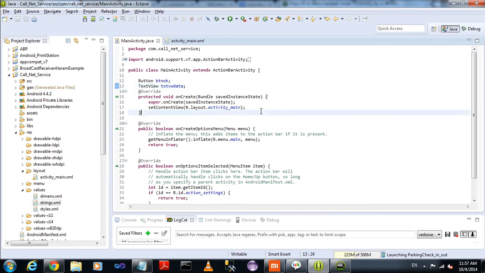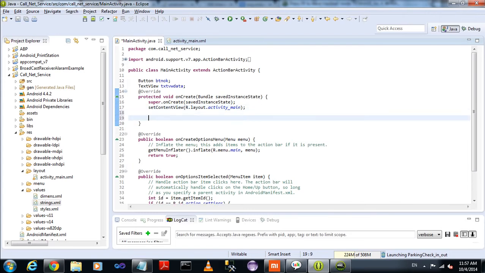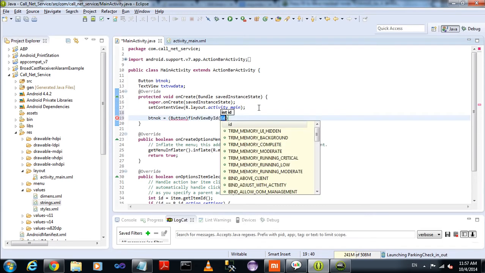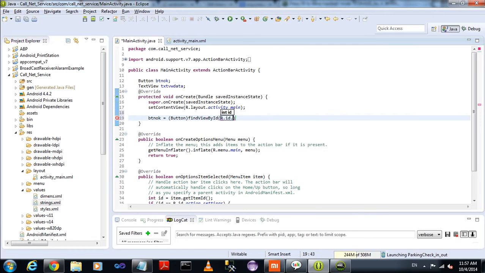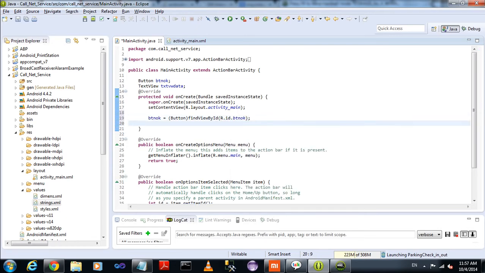Now inside the onCreate method, which is an overridable method, find the controls. The type casting is button, findViewById, and just call the unique id, R.id.btn. The same for the text view.